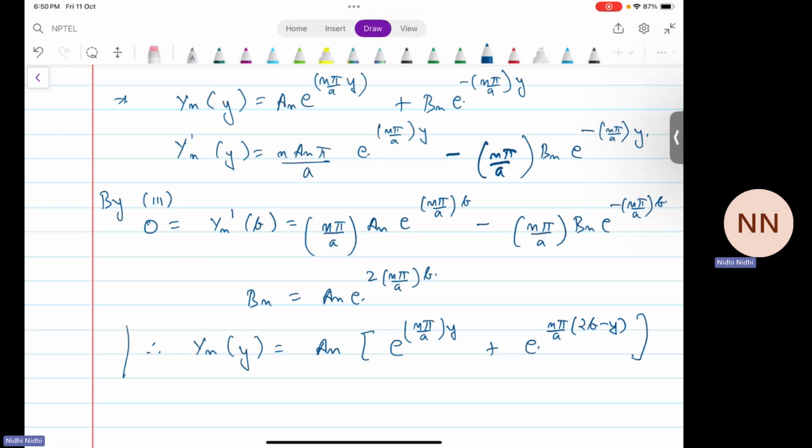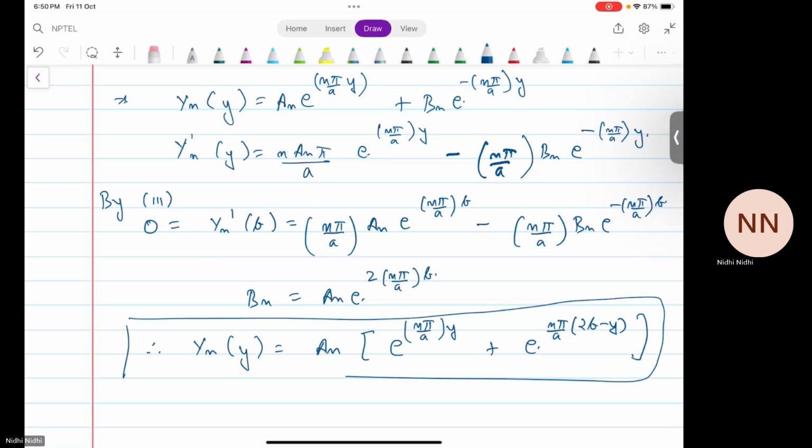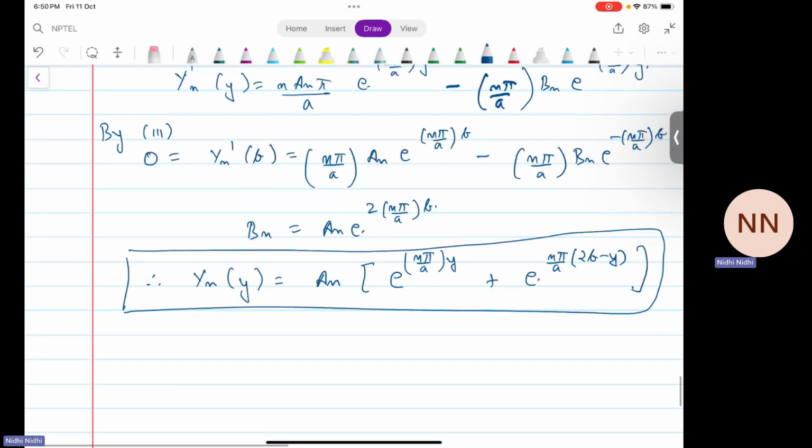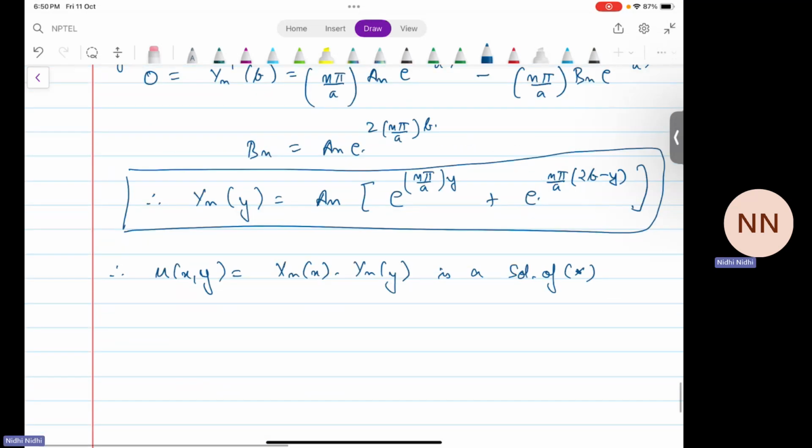So this is our yn. Therefore, u(x,y) equals Xn(x) times Yn(y) is a solution of star,